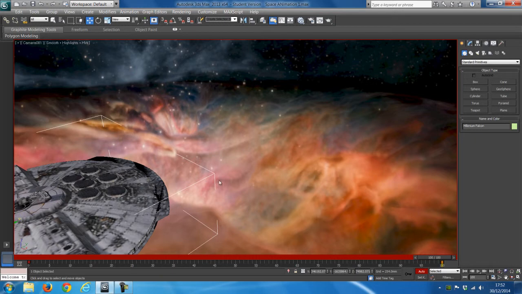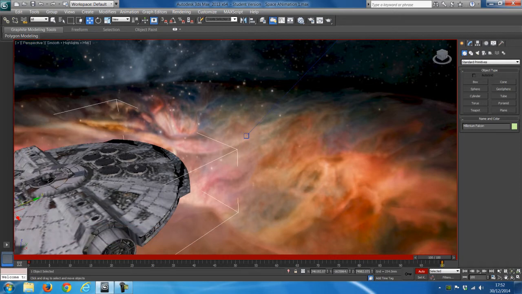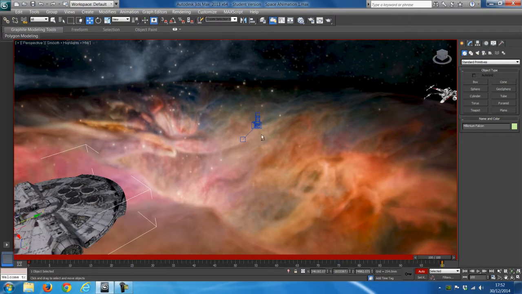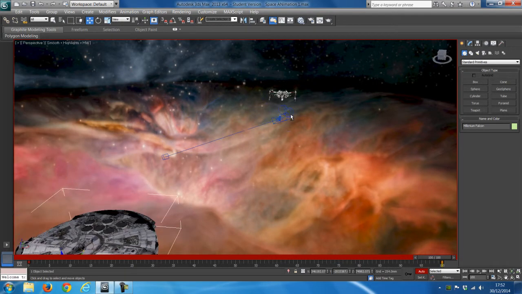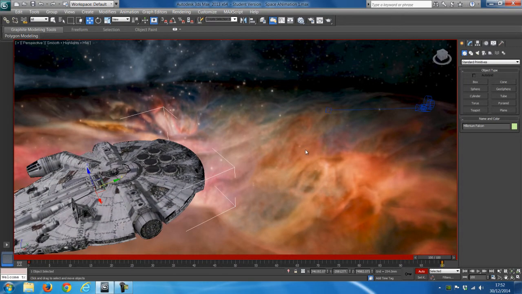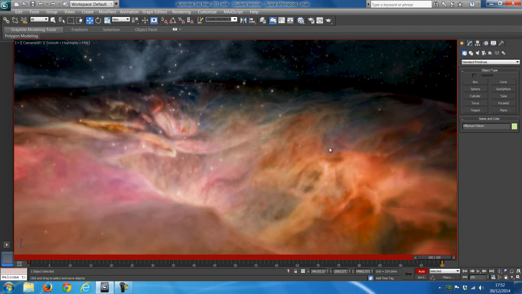and I want to move it past my camera view. So what I'll need to do is turn off the camera view for a second by pressing P, and now I can zoom out, move it past the camera view. You can even see the camera there actually. So there's the camera, and there is its target, in other words, where the camera is looking. Okay, so anyway, I've moved the Millennium Falcon past the camera point of view, and I'm going to press C